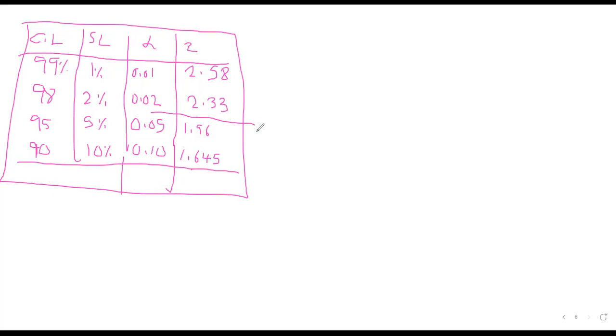So how do you find that? Like the 2.58 and 2.33, what are you doing to find that? We learned that there are 4 steps involved, guys. What's the first step? For instance, for 95%, what's the first step you do? She's asking, how did you find 1.96 here? What do you do? Step 1, you find the level of significance, which is 5%. Then we divide it by